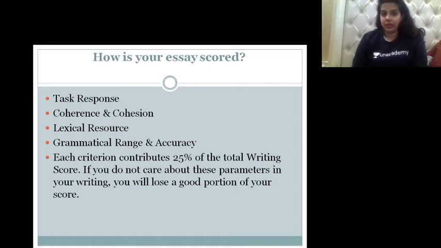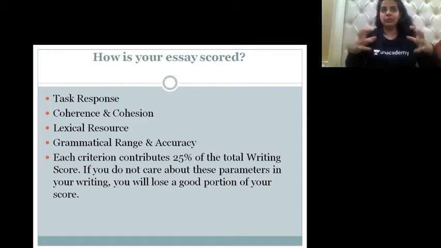Have you addressed the question? Have you answered it proficiently or not? Then, second, you have coherence and cohesion. How logically connected your essay is, how logically connected your ideas are, okay? And does it have a proper beginning, a middle, and an end, or is it just a haywire